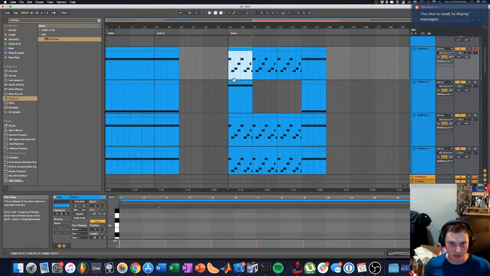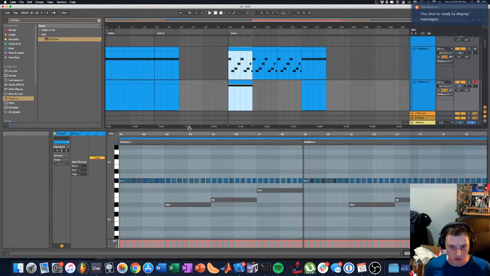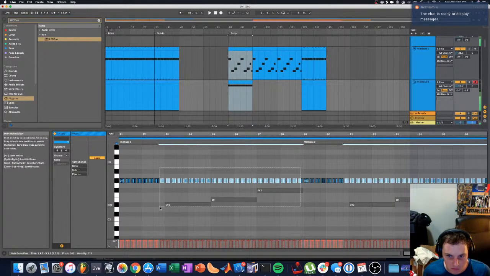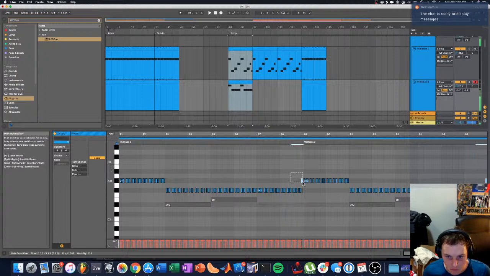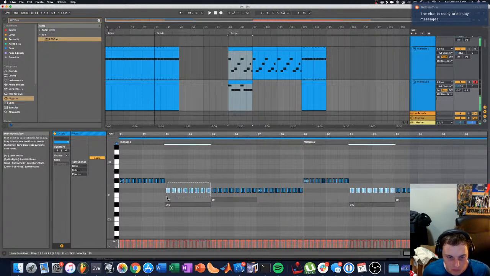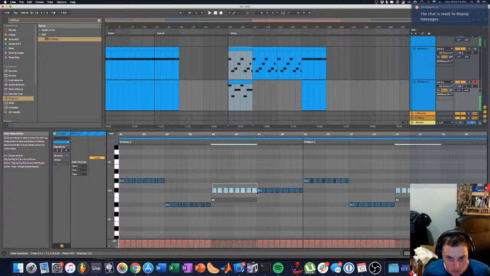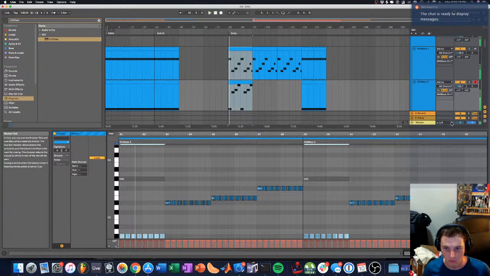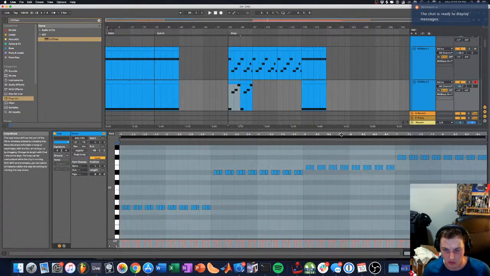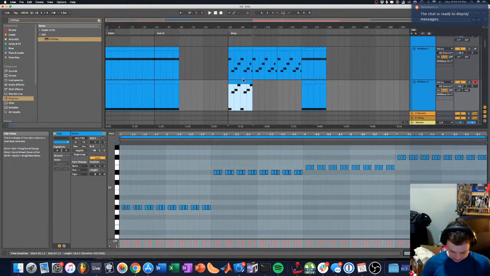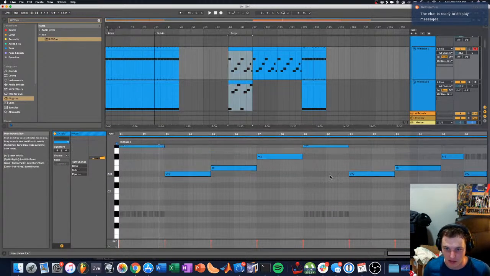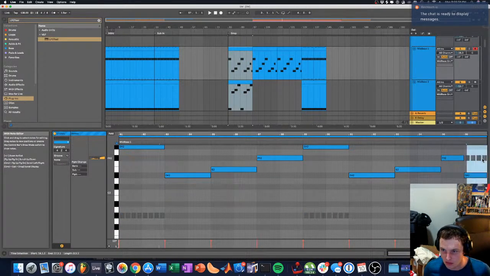I'm just bringing it up so I can easily adjust where these notes are, and then from here it's just a matter of, and then this is actually twice as long, so what I'm going to do here is consolidate this, so Command J. Basically what that's going to do is render the whole thing, clip's length, and this will allow me to come in here and